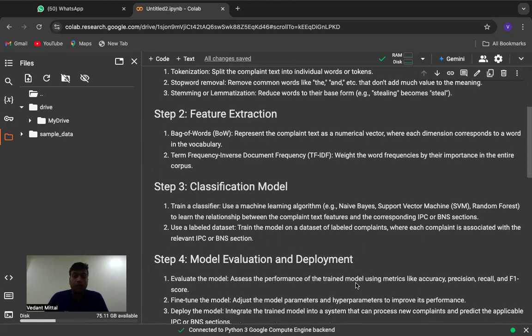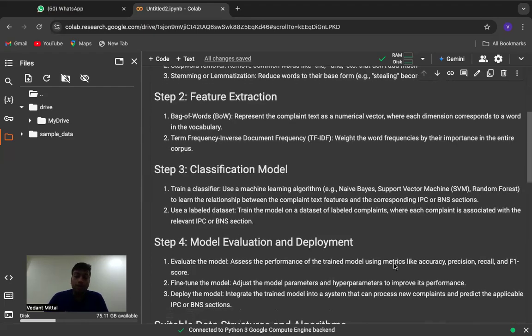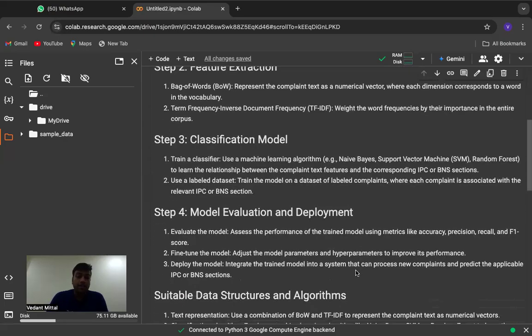Now, step four is model evaluation and deployment. Evaluate the model: assess the performance of the trained model using metrics like accuracy, precision, recall, and F1 score. Fine tune the model: adjust the model parameters and hyperparameters to improve its performance. Deploy the model: integrate the trained model into a system that can process new complaints and predict the applicable IPC